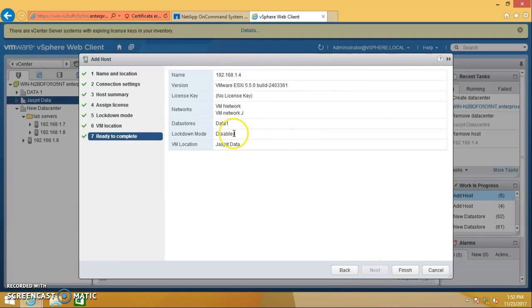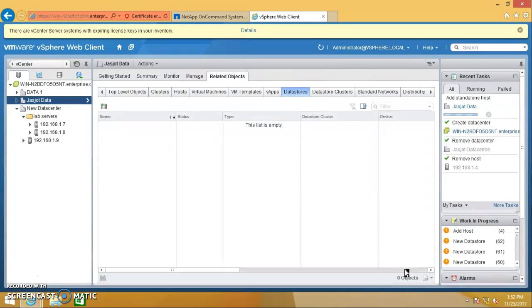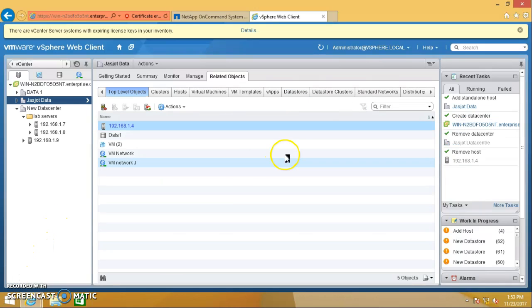This is the summary of the host. If we want to edit something, we can go back, or we can finish here. It is showing that the host has been added successfully.